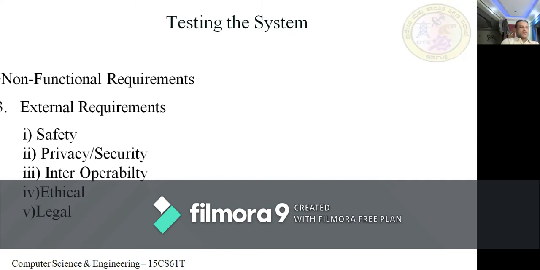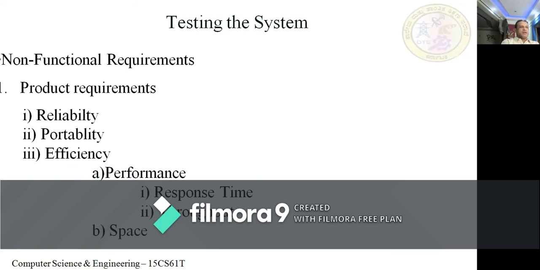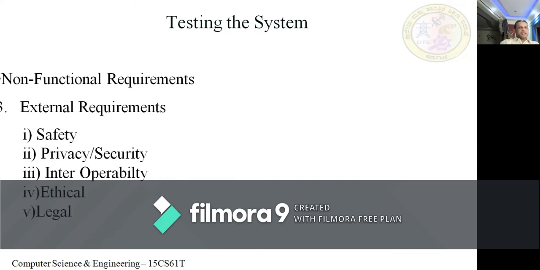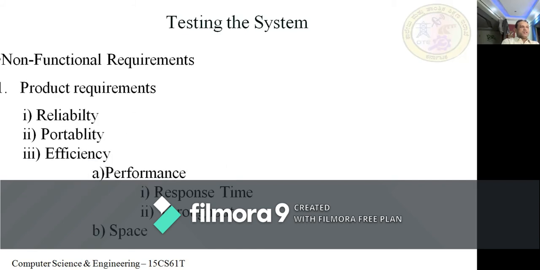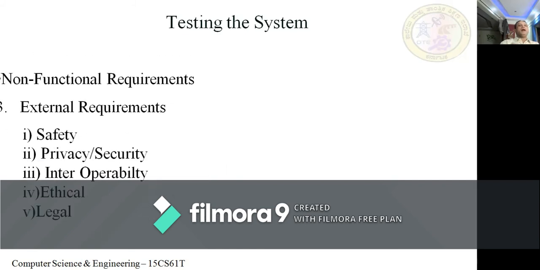So we have discussed the three types of non-functional requirements: the product requirements, process requirements, and external requirements. In each there are 3 or 4 types. All may be applicable for your project, or all may not be applicable. A few may be applicable. It is not necessary that all these types of non-functional requirements should be applicable for your project. Out of these, a few may be applicable. Only those which are applicable for you, you need to test and write the test cases. That is what it says. Yes, these are the non-functional requirements. So somebody read this. What are the external requirements?